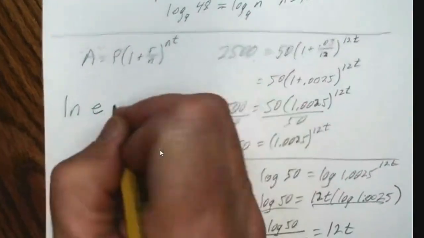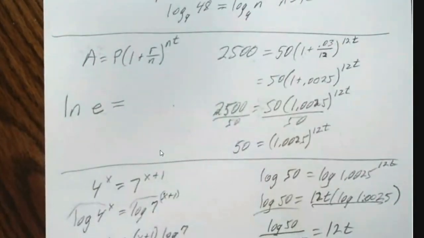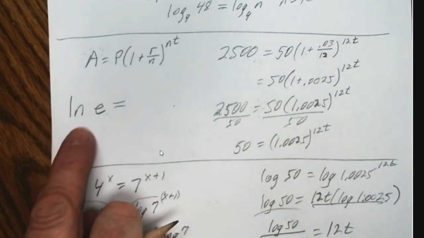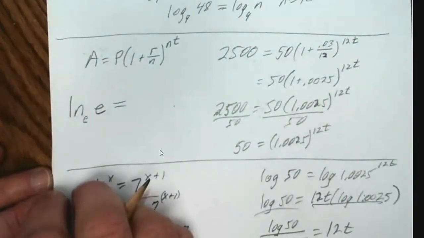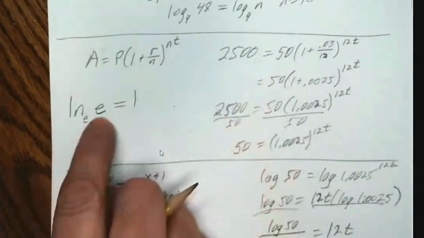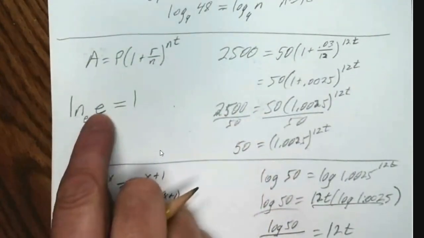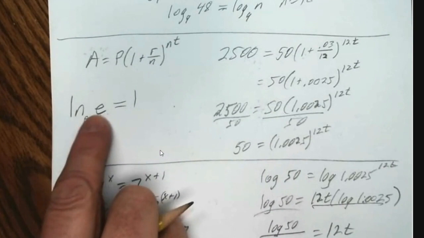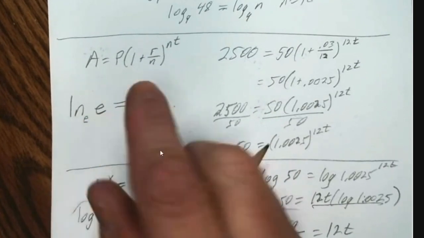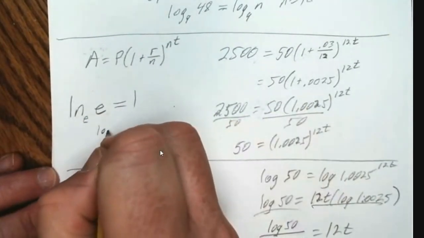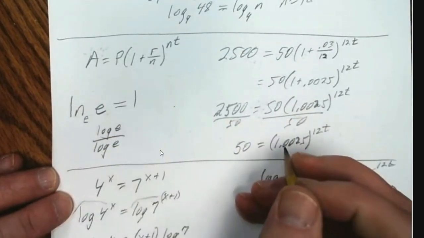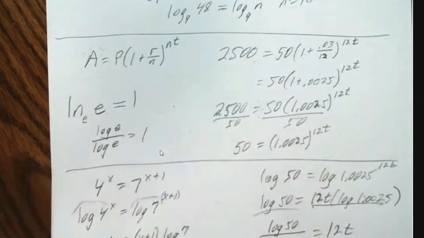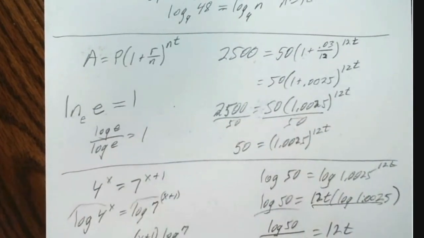ln of E, what does that equal? Well, that goes back to what we were looking at before. What base is this? This is base E, right? It's not written, but that's base E. So this is another one of those where e to the first power equals E. ln E equals 1, because that would be log of E over log of E if we did the change of base formula, and anything divided by itself is going to be 1. So it talks about that right here,